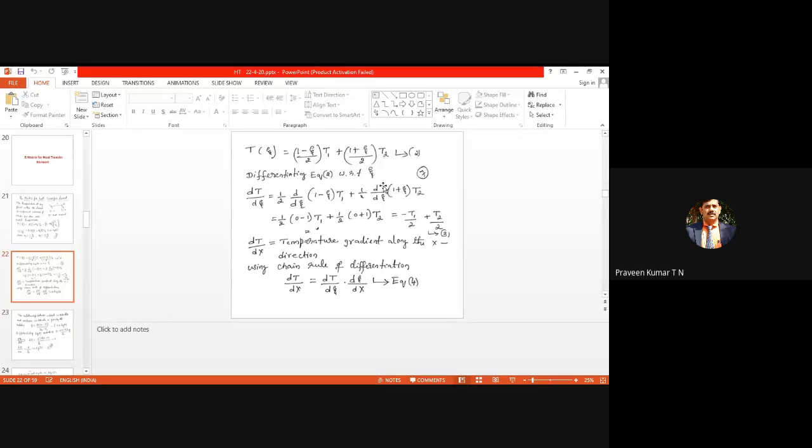Tomorrow you derive the B matrix for the heat transfer element or heat element. You are starting tomorrow from here. We have the equation for T in terms of xi. From that you have to get the B matrix. We'll continue tomorrow. If you have any doubt, we can discuss now. But this derivation you practice.